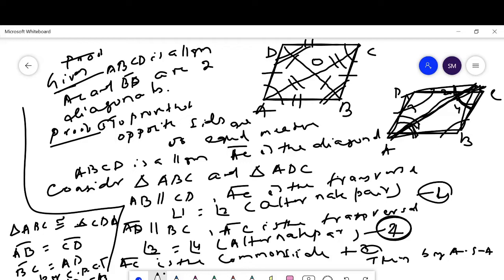we prove that opposite sides have the same measure, meaning AB is equal to CD and BC is equal to AD, and the opposite angles have the same measure; here we have proved that angle B is equal to angle D. Then considering the diagonal BD, when we consider triangles ADB and ACB, we can prove that angle A is equal to angle C. In this way we can prove that opposite sides have the same measure and opposite angles have the same measure.